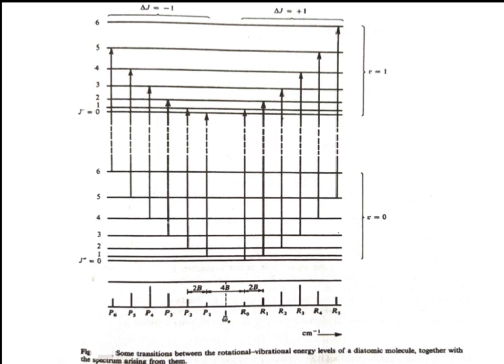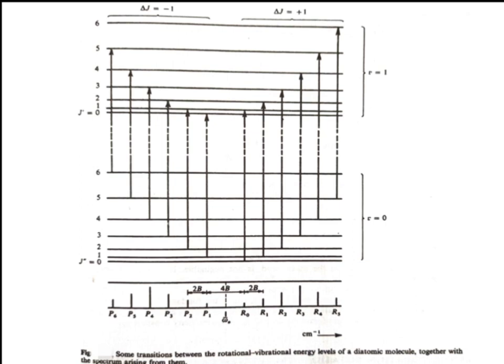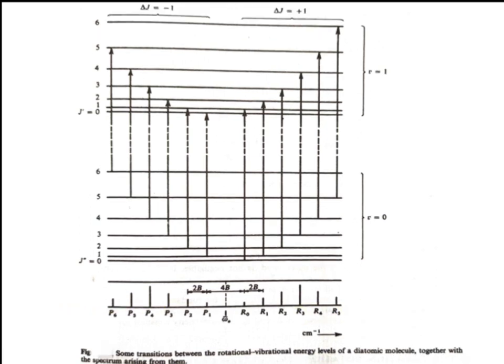So the frequency of the P branches is less as compared to the R branches, and the center of the P and R branches will be observed at omega bar oscillation. Okay, so at the center we can take omega bar 0 or omega bar O. At the left side we will observe the P branches, at the right side we will observe the R branches,